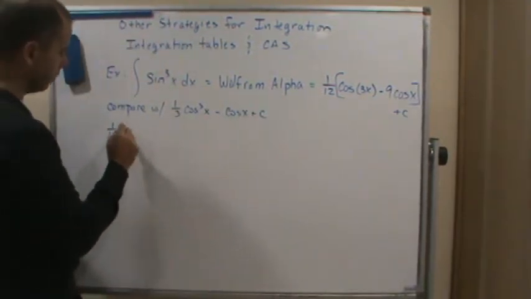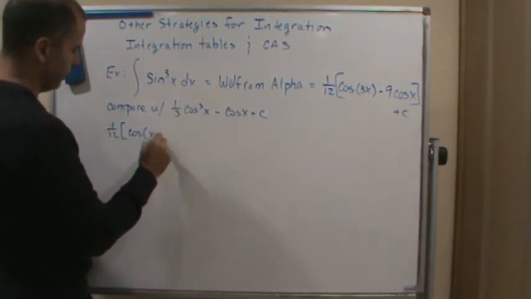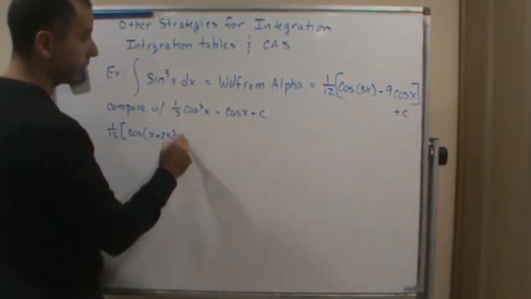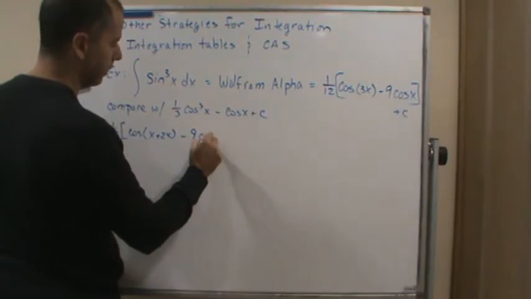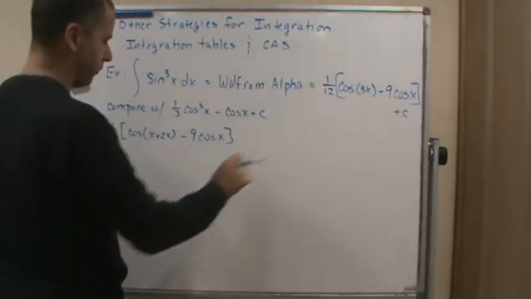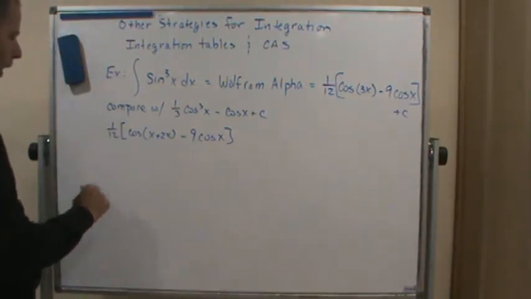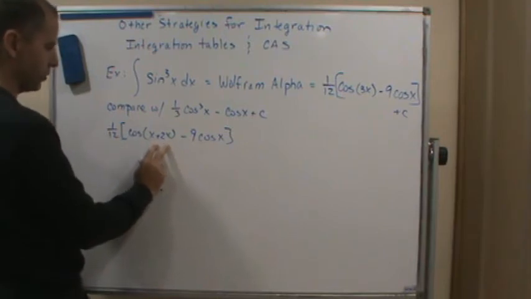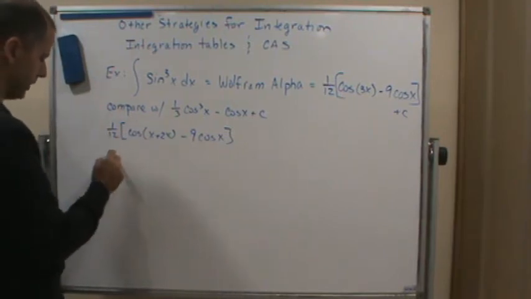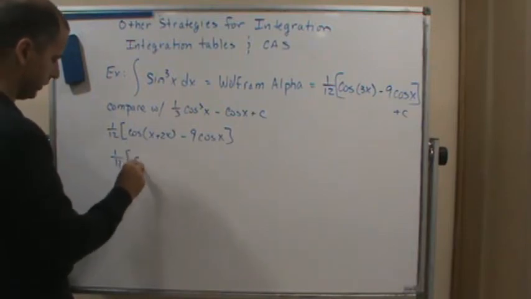So this is 1/12, and I'm going to write this as cosine x plus 2x minus 9 cosine x. I'm going to drop the c for right now. Okay, and so now I'm rewriting it this way so I can use an identity. So this identity is going to give me 1/12, and this is going to be